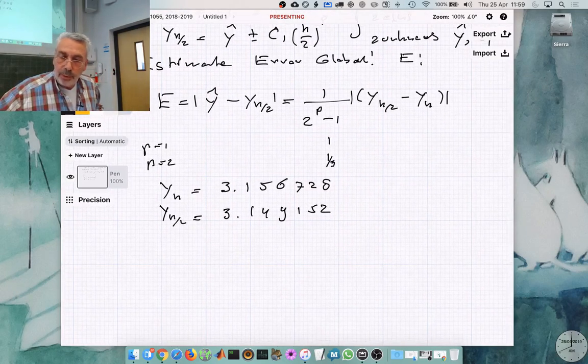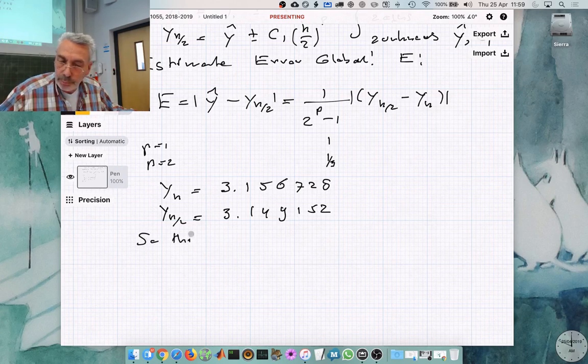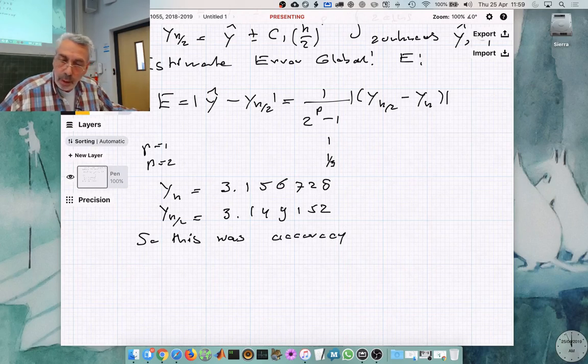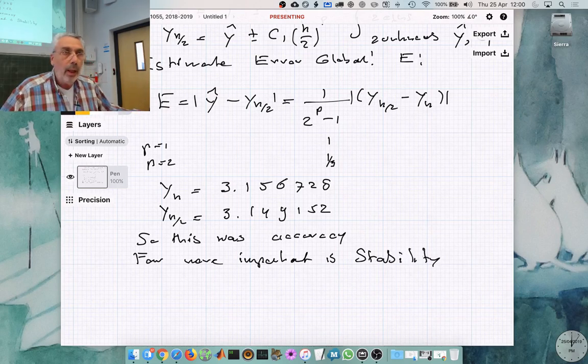Now this is accuracy for our method, but there is a far more important thing. So this was accuracy, and far more important is what we call stability. And what do we mean with stability? Yeah, it means like